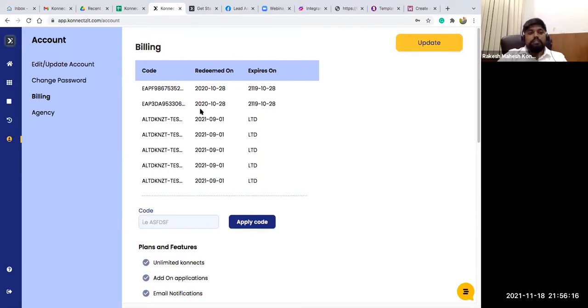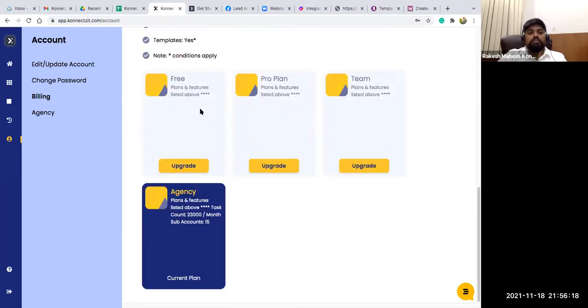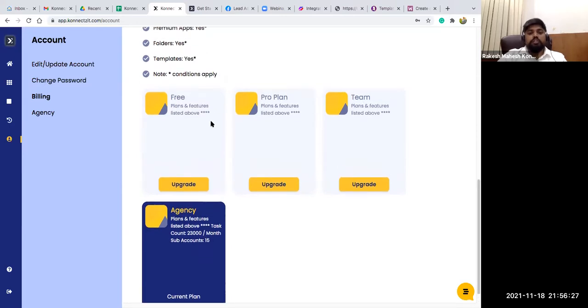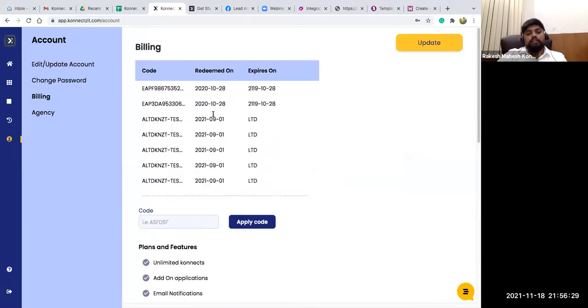This page also shows which plan you are on, whether the agency plan, free plan, pro plan, or team plan. You can choose the options over here, and you can always see the expiry date of your plan. This is how you can manage your billing section and redeem your coupon code.